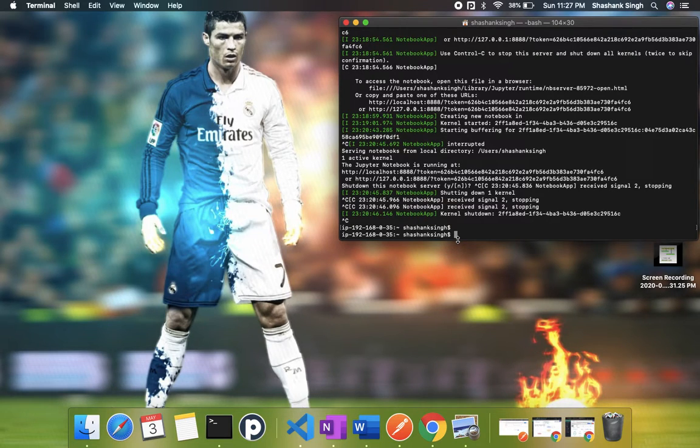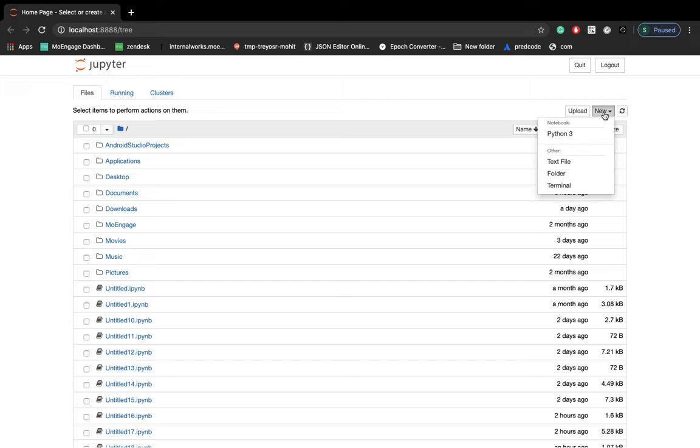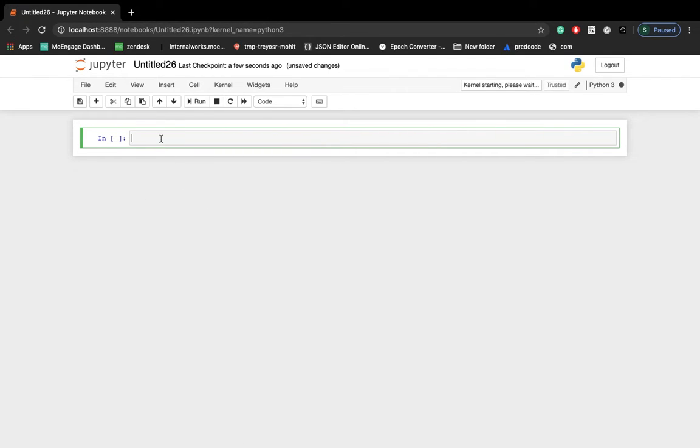Here I'm using Jupyter Notebook. You can use this to write code. Once you click enter, you will be redirected to a web browser. You have to click on new Python 3. This is our space wherein you can write code. You can also take a notebook and note down whatever I'm explaining here. You can pause this video, watch it, and practice on whatever editor you are using.